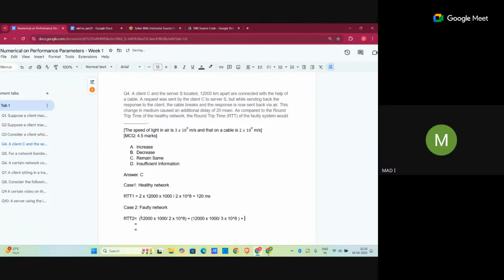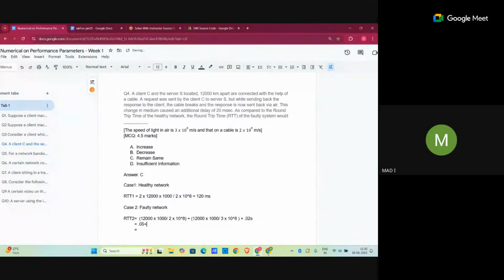Delay is given as 20 milliseconds, 0.02, because this answer will also come in seconds. So if we calculate this, here it will be equal to 2 6s are 12. So 6 into 10 to the power minus 2. So this is equals to 0.06